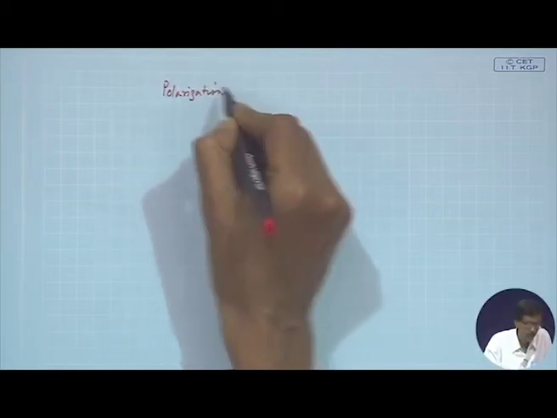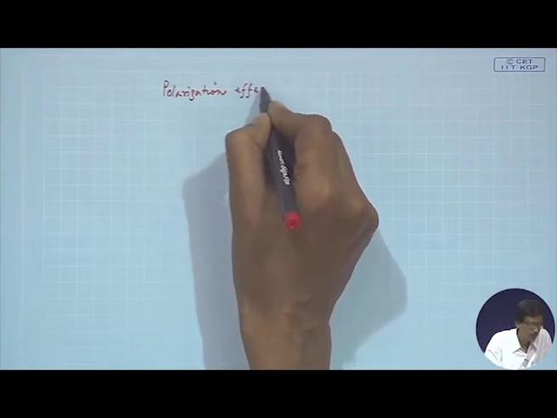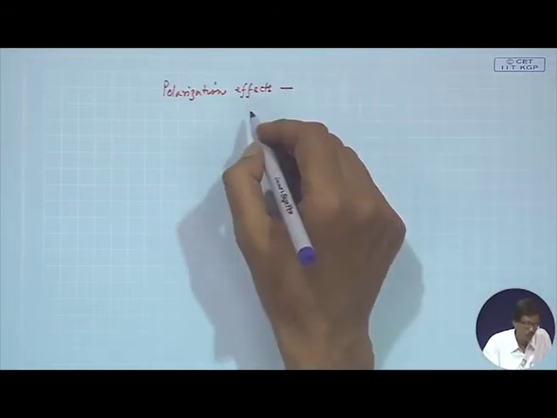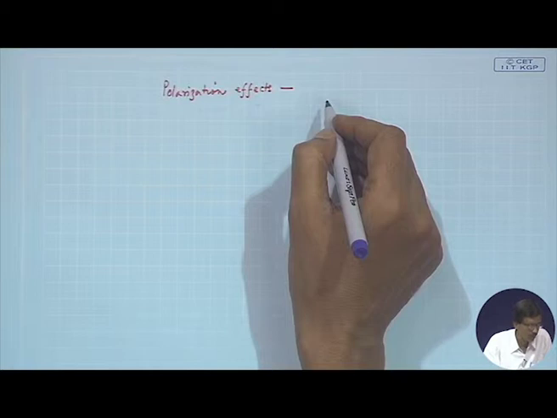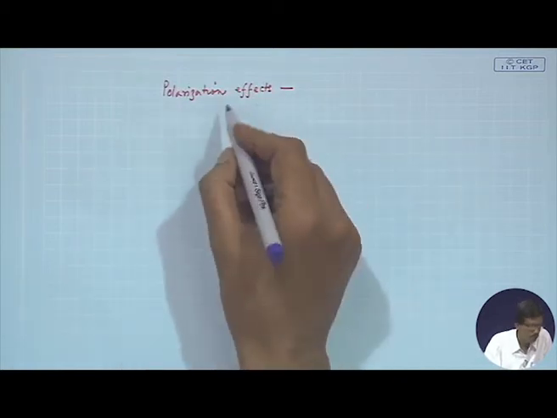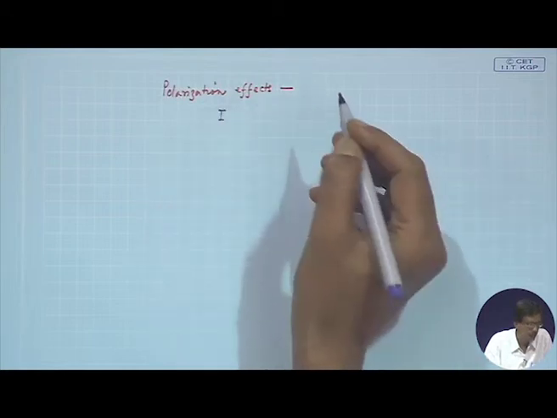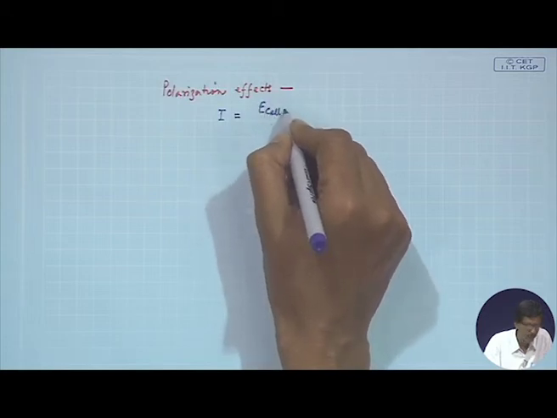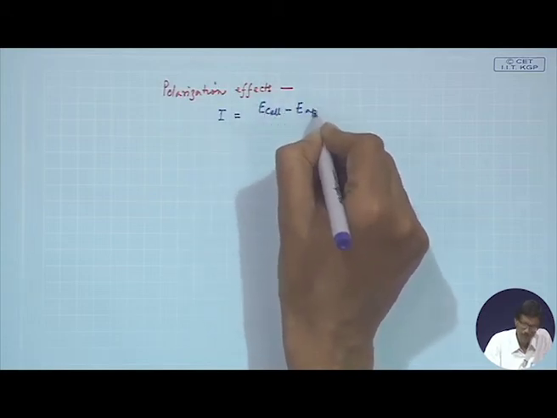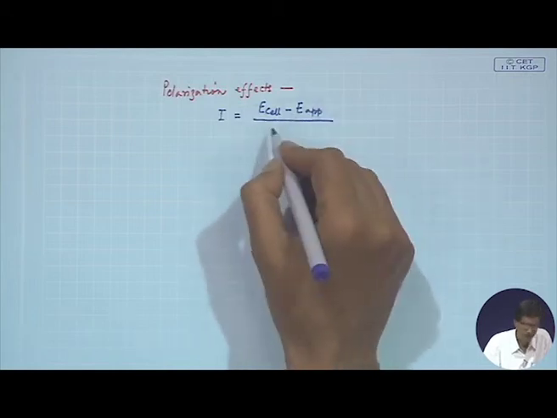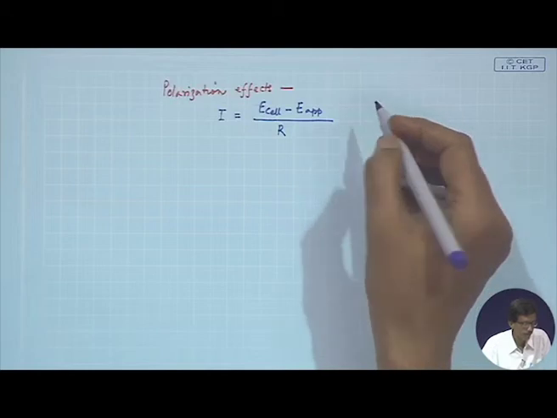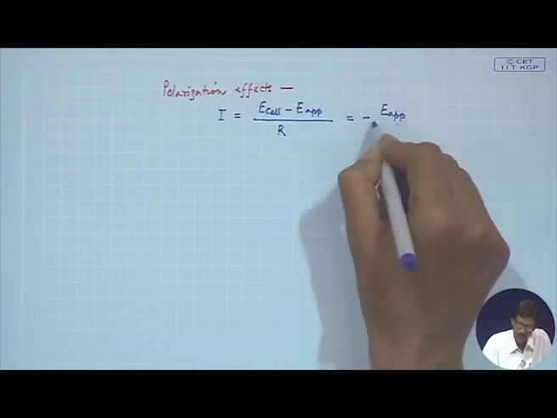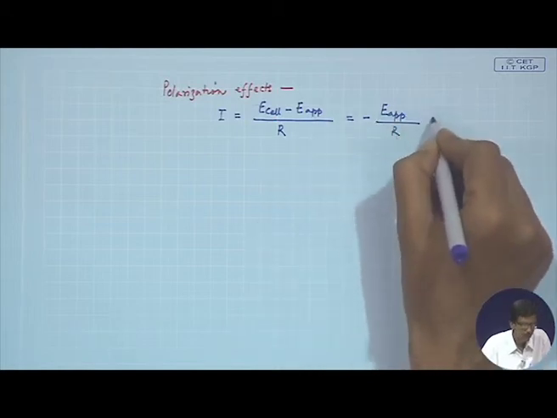Polarization effect. So, as we have seen just now, E applied is equal to E cell minus IR in the electrochemical cell. Now, if we want to plot the corresponding amount of current, that means I, we get from that the total, E cell minus E app, the applied potential, divided by the resistance R, is therefore minus E app divided by R plus E cell